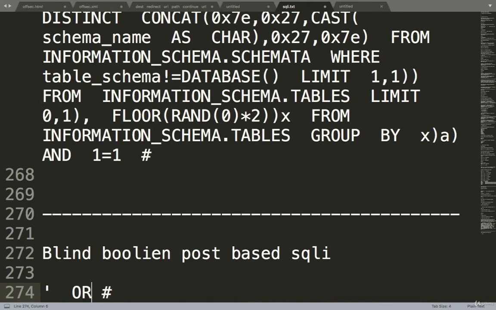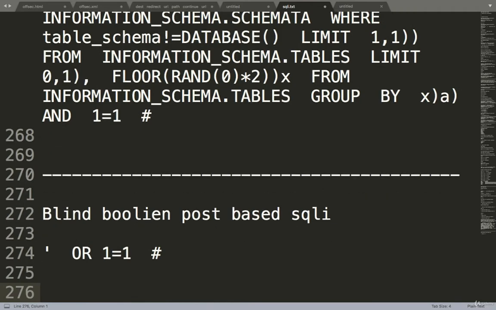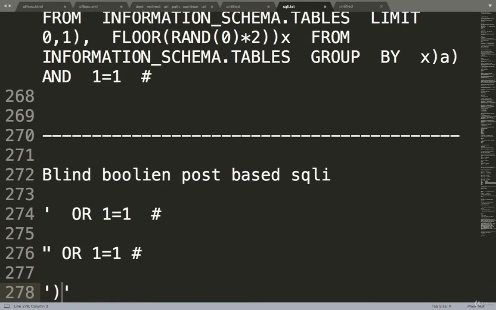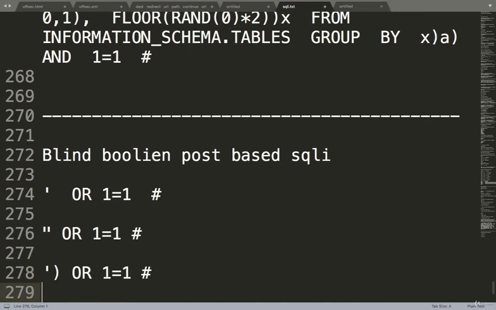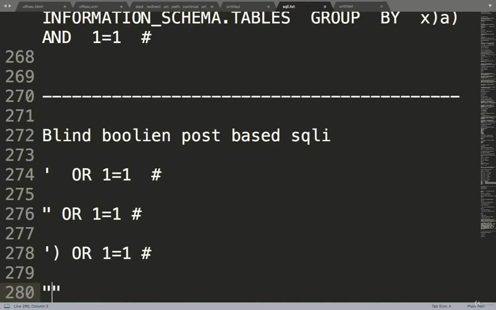So I'll use this now: or 1 equal to 2, 1 equal to 1. If this won't work, then I'll try double quote or 1 equal to 1 hash. If this won't work, then I'll try single quote closing or 1 equal to 1 hash. If this won't work, then I'll try double quote closing or 1 equal to 1 hash.